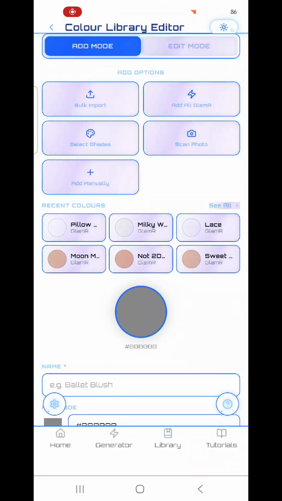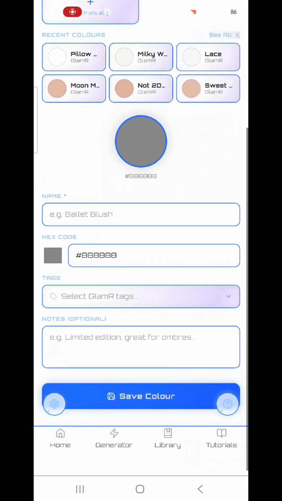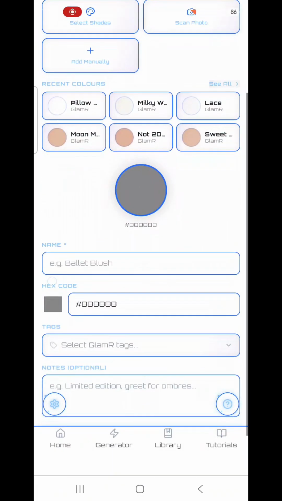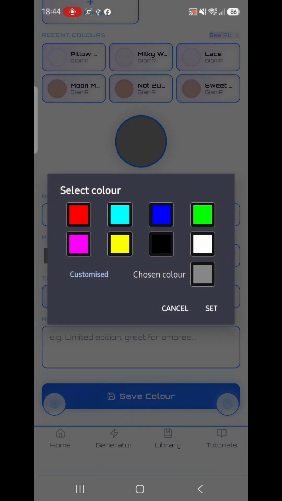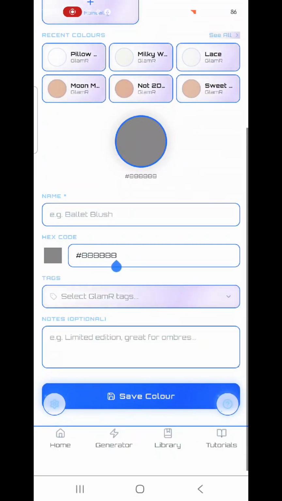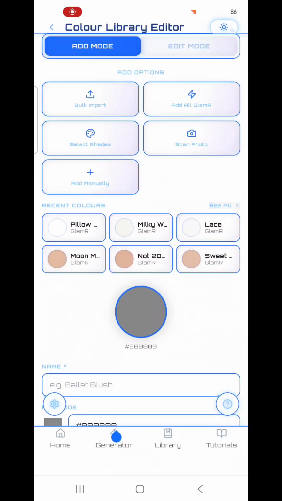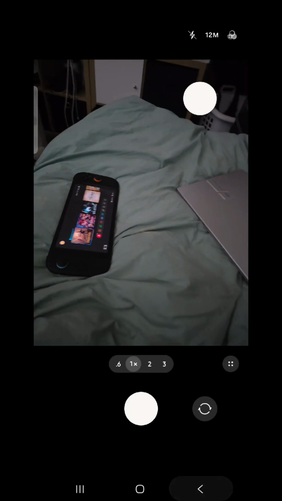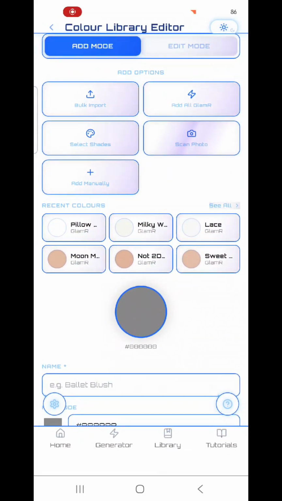Say you've got some colors from a different brand that you wanted to upload into it, you can upload it here. And the hex codes, if you know the hex code, you can put that in there as well. We also have the scan photo function, so that should allow you to scan the hex code of the